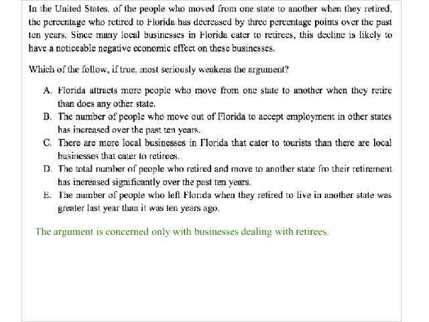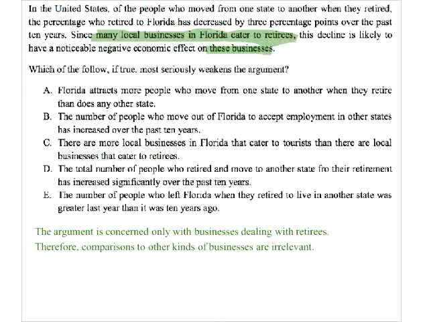I'll make an analogy here. As usual, the best way to understand critical reasoning is by analogy. So we'll try that here. Since many local businesses cater to retirees, when they say these businesses, they're only talking about the businesses that cater to retirees. That's what these businesses signifies. What are the businesses that we are already talking about? So this is a comparison with other businesses that cater to tourists, and we don't care because that's not the material of the argument.